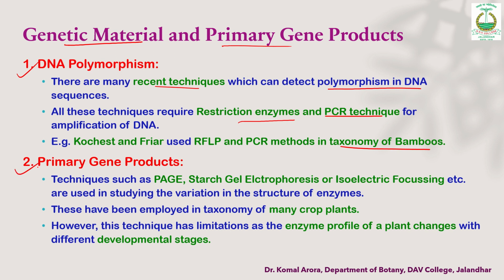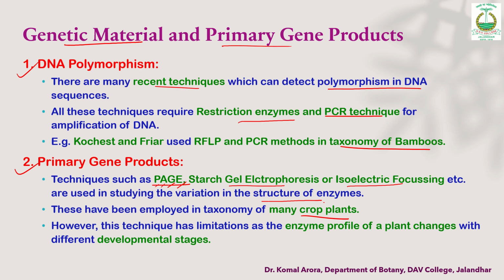Second is primary gene products, meaning enzymes. Various techniques like PAGE, that is polyacrylamide gel electrophoresis, then starch gel electrophoresis or isoelectric focusing, are the techniques which have been used to study the profile of enzymes, which are the first primary products formed after translation from a gene. So they have also been used in taxonomic studies for many crop plants,